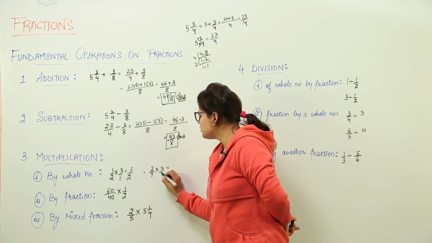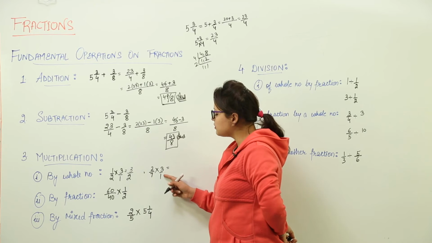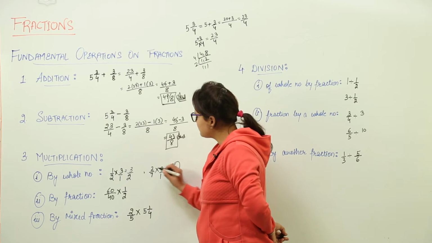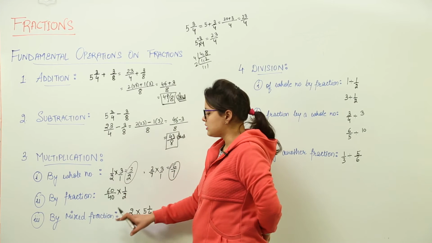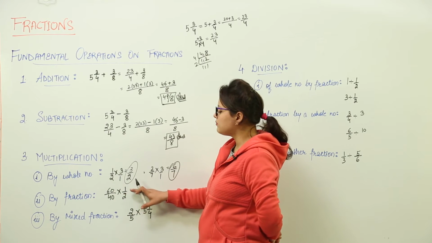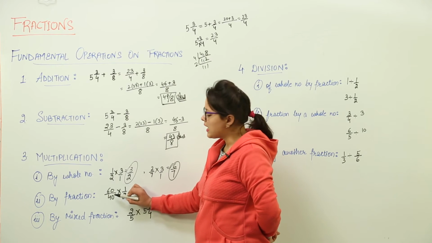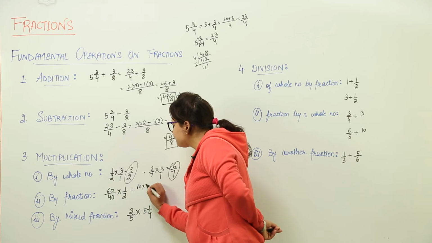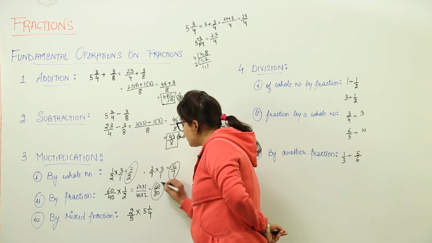Similarly, the next one you can do. Here also you have written down the denominator 1 on your own because nothing was written below the whole number. So now 2 3s are 6 and 7 1s are 7. Right? Next is you have to multiply a fraction with another fraction. Say you have 60 upon 40 to be multiplied with 1 by 2. Now again, as I discussed, multiply the numerator with numerator and denominator with the denominator. You get 60 into 1 upon 40 into 2. We get 60 upon 80 as the answer.